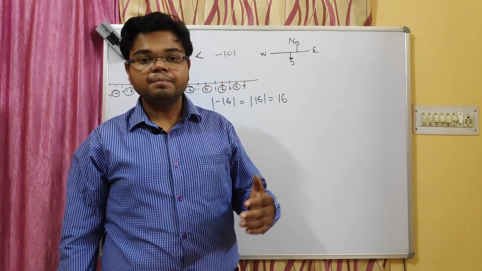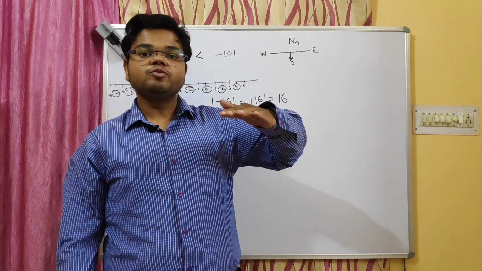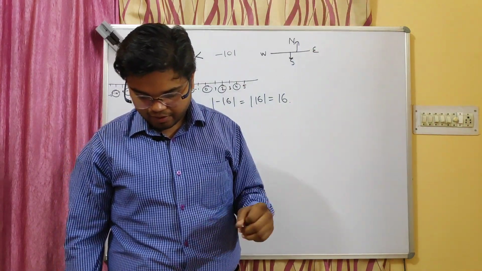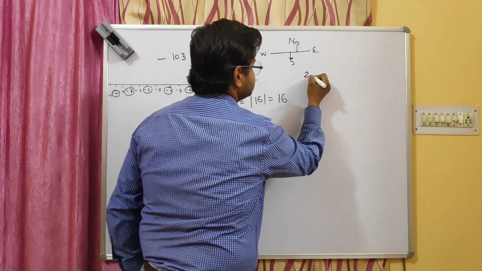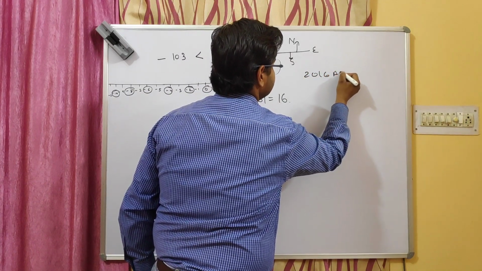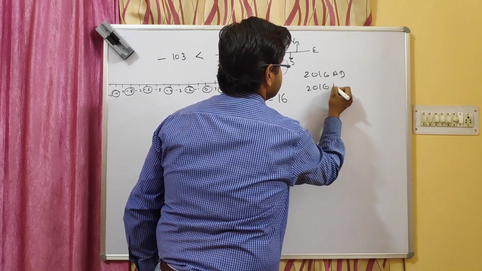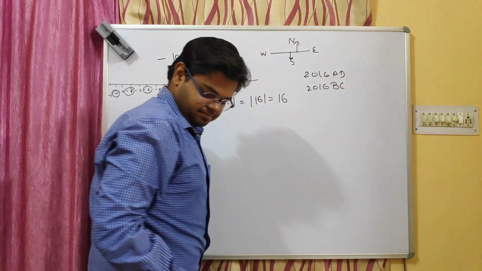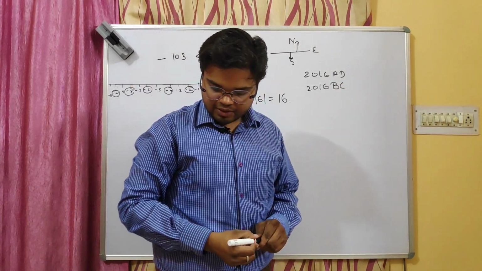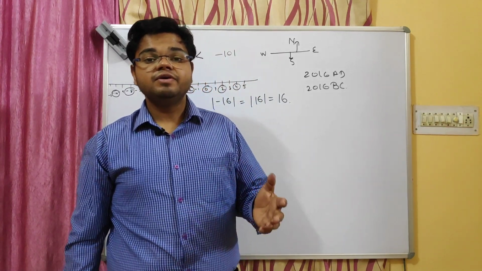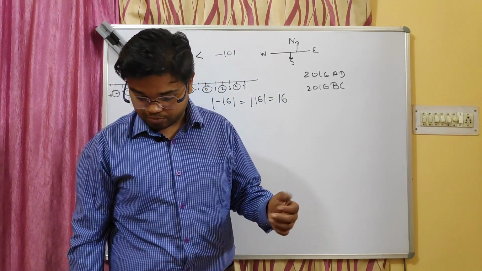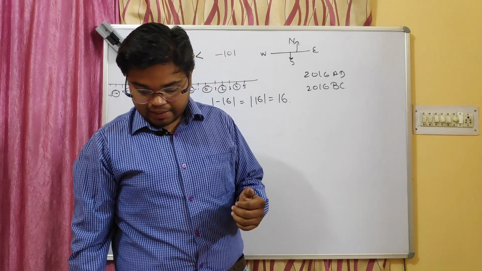Sixth part, 20 meter below the sea level. So 20 meter above the sea level. Okay. 2016 AD. So 2016 AD, its opposite will be 2016 BC. Now, write question number 4. The questions that I am leaving, you will be doing them in your practice notebook or rough register.